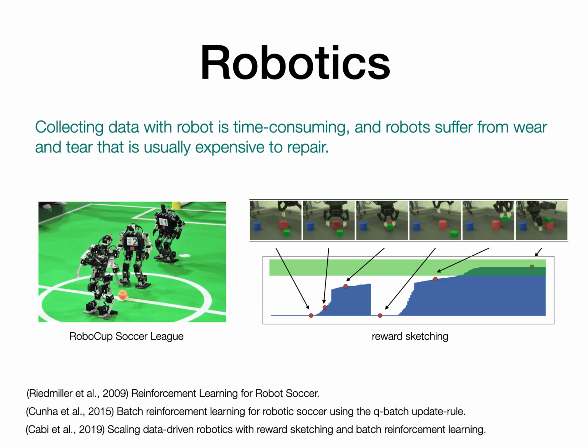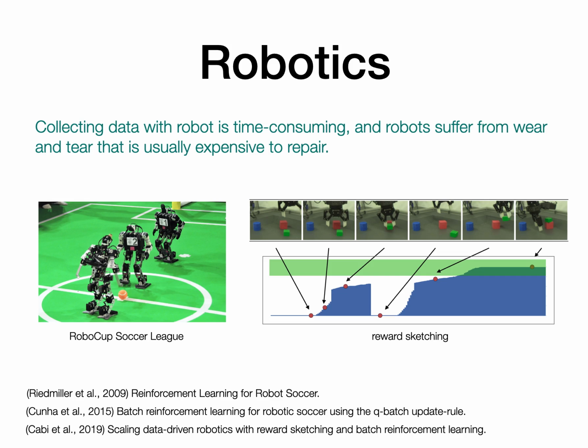Early works developed fitted iteration-based robots to learn various mobile control skills. They use a simple two-layer MLP to learn effective strategies. A recent example is reward sketching, a data-driven approach to apply